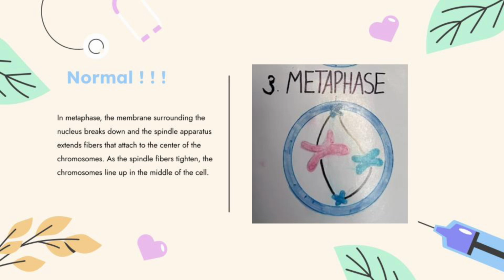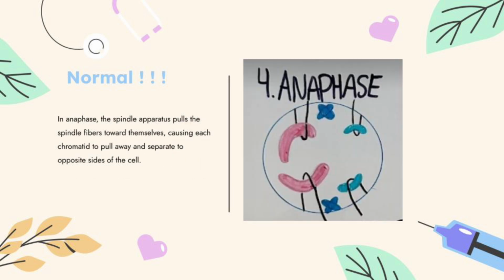In metaphase, the membrane surrounding the nucleus breaks down and the spindle apparatus extends fibers to attach to the center of the chromosomes. As the spindle fibers tighten, the chromosomes line up in the middle of the cell. In anaphase, the spindle apparatus pulls the spindle fibers together, causing each chromosome to pull away and separate to opposite